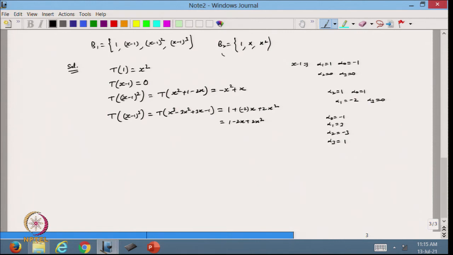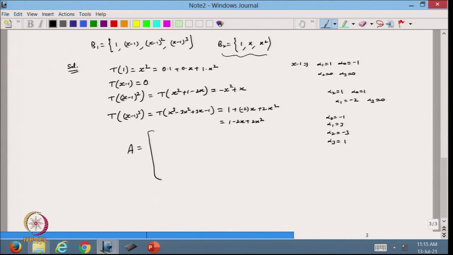Now, this is my standard basis basically. So, from here I can write this as 0 times 1 plus 0 times x plus 1 times x square. So, from here if you see my matrix, I can write my matrix A, that will